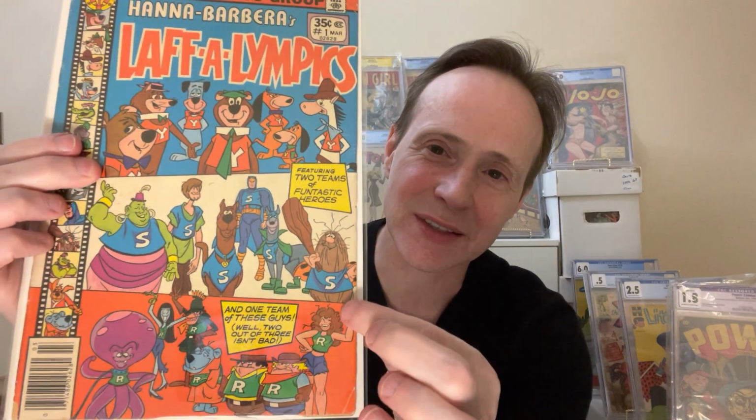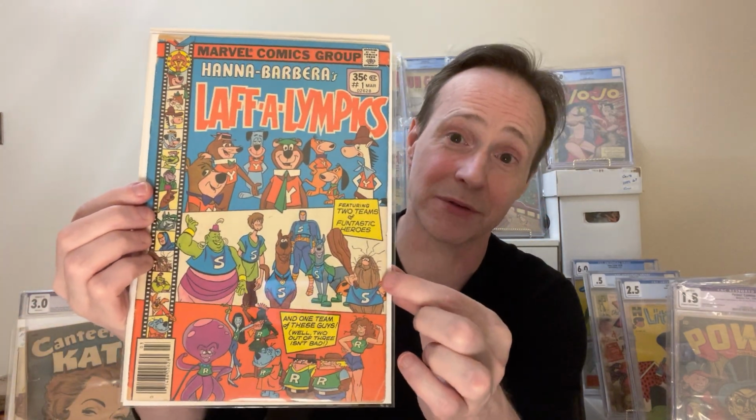A little bit of unwrapping here. Oh, wow. Okay. Oh, I was so excited about this one. I like cartoon books. I get really excited about having the first appearance of different characters. And I thought I had this character's first appearance, but I was wrong. But this one became really hot because of a really bad TV show, the Velma series, which was horrible. I gave it a negative score because it was so bad. It actually featured this character, Captain Caveman. So this is Captain Caveman, and this is Laugh Olympics #1, the first appearance of Captain Caveman,